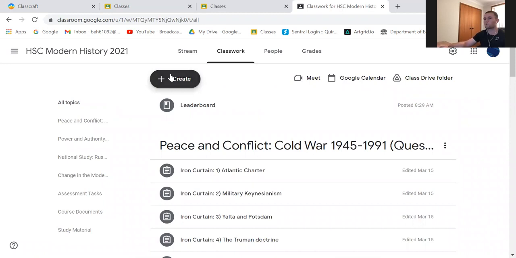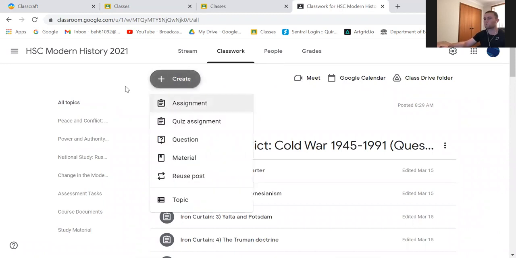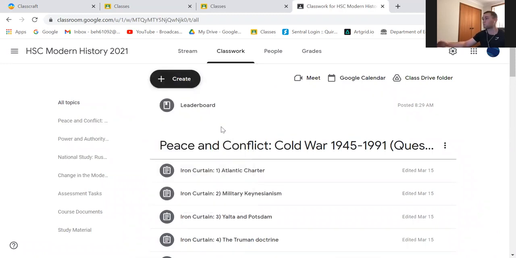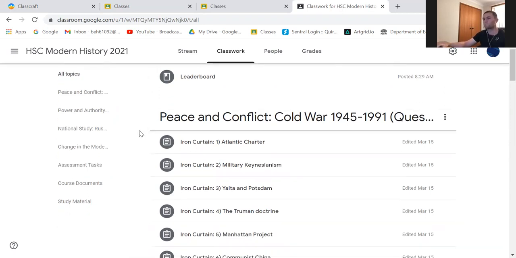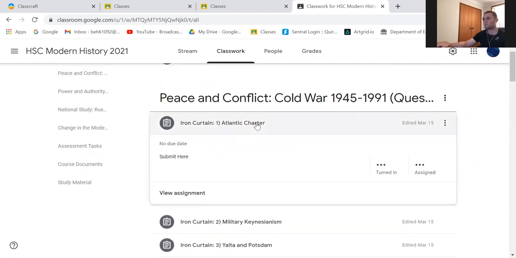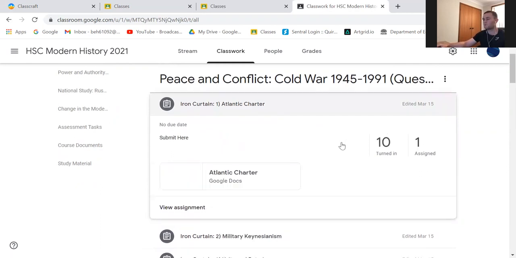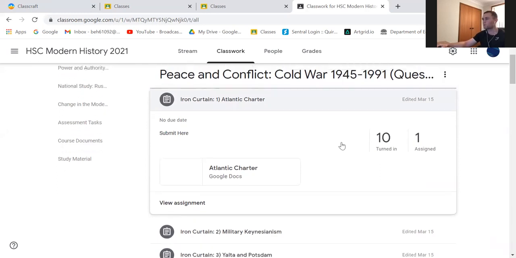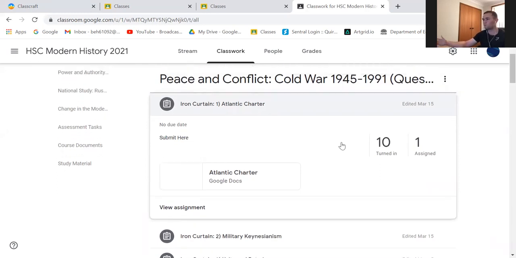Just like what you do with a normal assignment, you create an assignment, you would leave them a blank Word document, you create a copy for every student, set a due date if you want to, or you can just leave it open. And the idea here is that I'm tracking and I have evidence that the students are completing each, say, syllabus dot point or standard or skill that I'm trying to test,